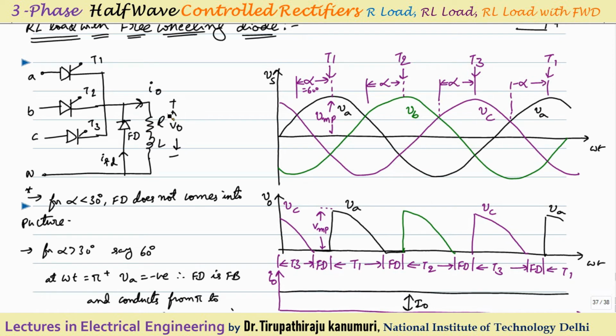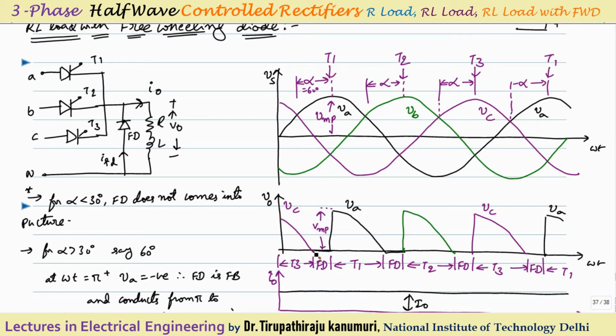So how will this operate? Again it is an RL load. For alpha less than 30 degrees, you can see here that this C is conducting up to the value of alpha. If alpha is less than 30 degrees, the output voltage will be continuous and the negative value doesn't come, so this freewheeling diode doesn't play any role. But if alpha is greater than 30 degrees, the output voltage is trying to go negative. For example, VC is conducting here, so thyristor 3 is conducting, and after this instant